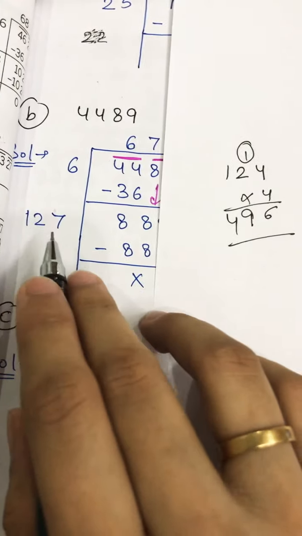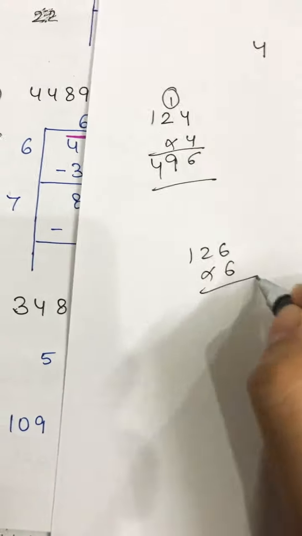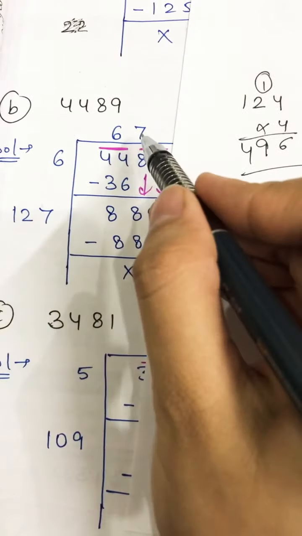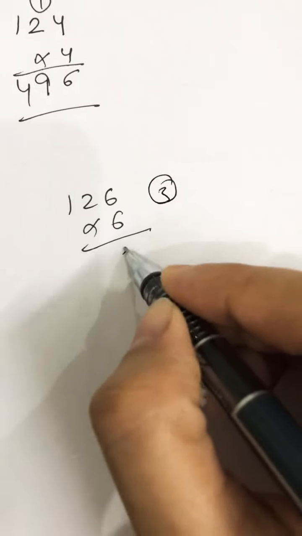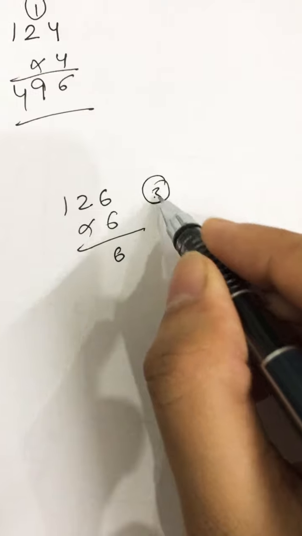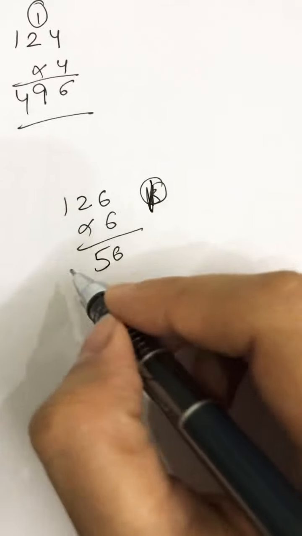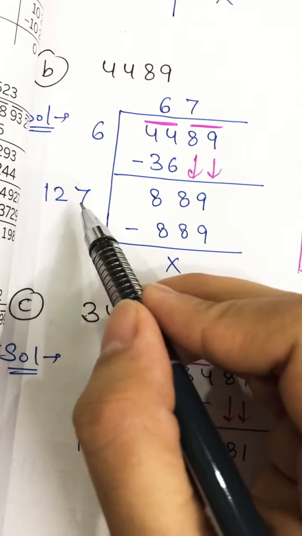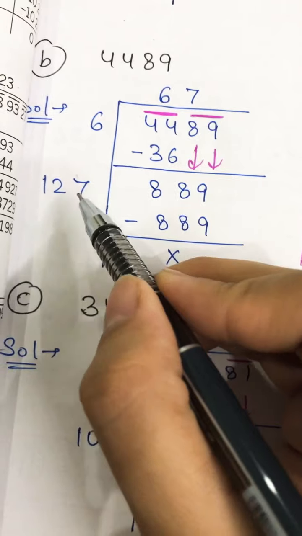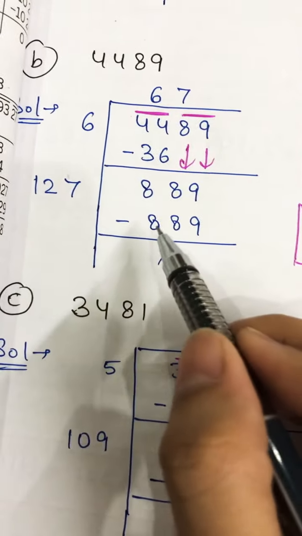Now I am going to place 126 and then multiply with 6. Whatever number you place here, the same number you have to place here. 126 times 6: 6 sixes are 36, 6 twos are 12 and 3 is 15, now 1 is carry, 6 ones are 6 and 1 is 7. 756. It is again smaller. Now I'll place 7 here. If I place 7 here, then I have to place 7 here also. So 127 times 7 is 889.